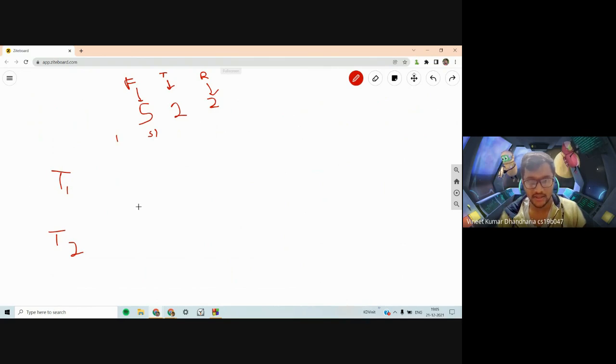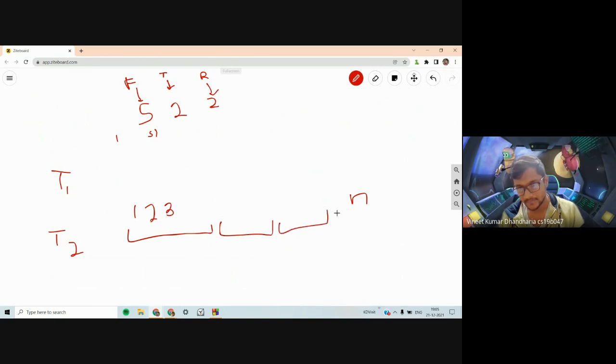Okay, suppose there are these M tables. So suppose there are L plus 1 people on the first table. These are 1, 2, 3 up to n. So these are the people. But this thing particularly represents that they belong to the same table. So I have m tables. Suppose the first two tables have L plus 1 people, and these two tables have L.